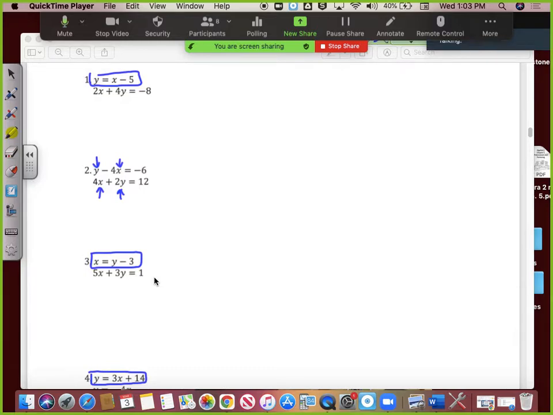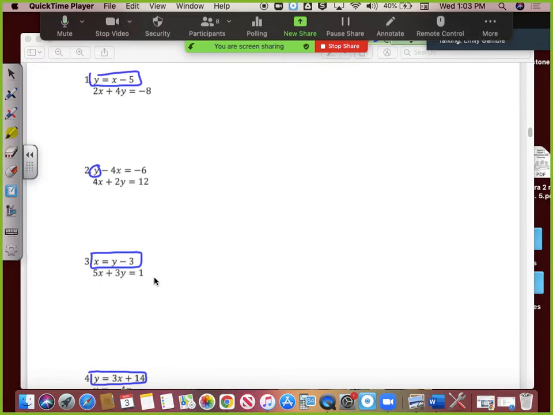Yep. Which variable? Well, you can put the y, if you add the 4x to both sides, then you already have your equation. Yes. Y equals. I agree completely. So what Bailey is saying is take the first equation and you can easily solve that thing for y. And I agree. That is the easiest variable to solve for out of the 4 options,